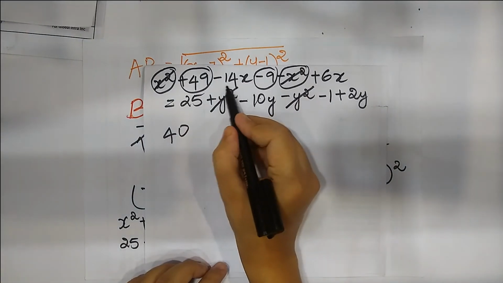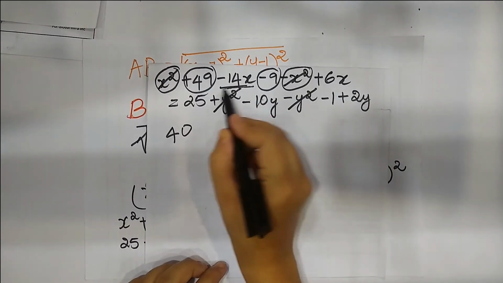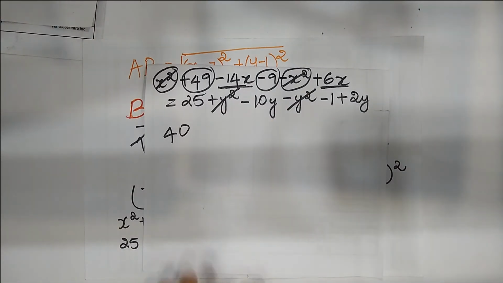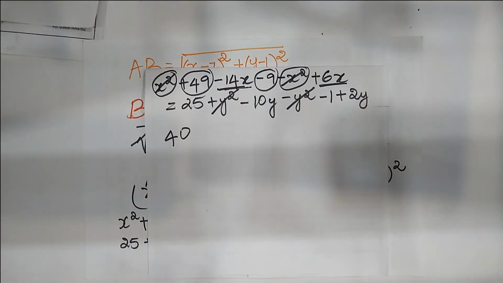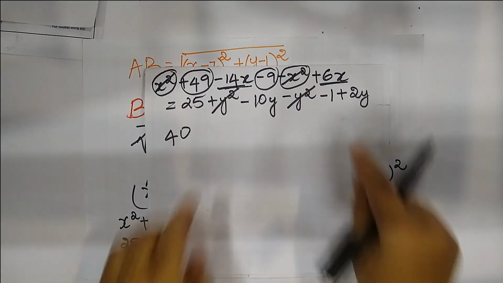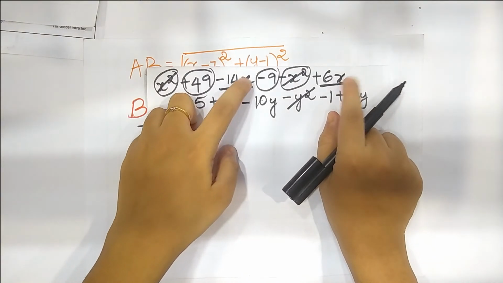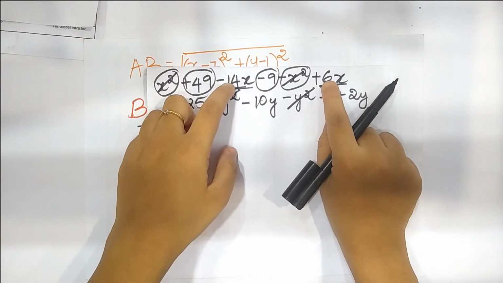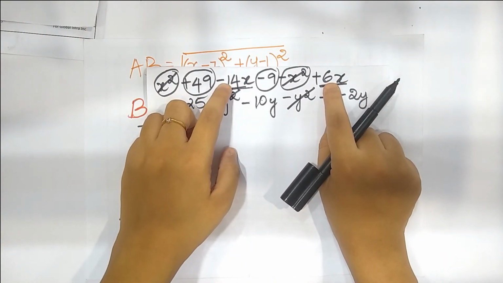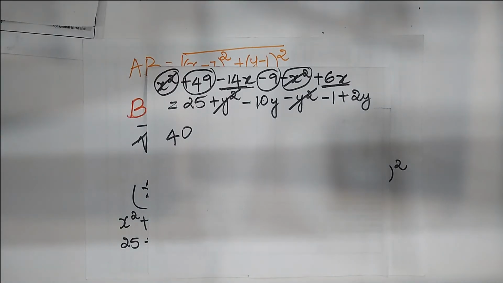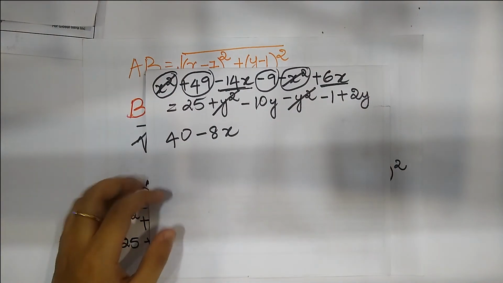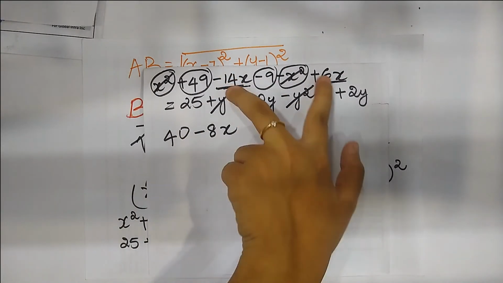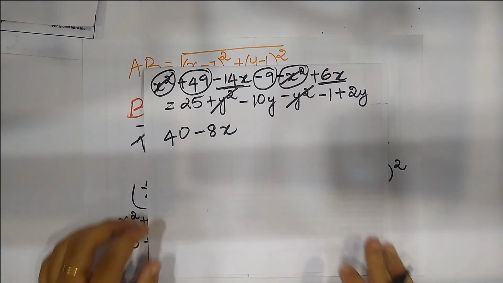Then we have 14x minus 14x and 6x. Right? So minus 14 plus 6. X will remain the same. X, you cannot do anything to it. But what you can do is, because these have the same variable, you can subtract and add them. So we have minus 14 plus 6. So what is minus 14 plus 6? It is minus 8. So this will be minus 8x. X remains the same. It's just that the numbers are being added or subtracted.